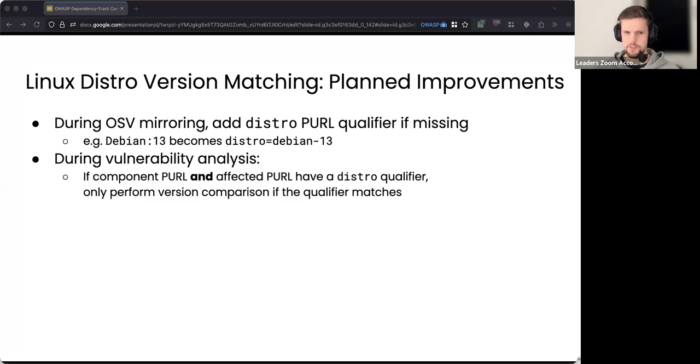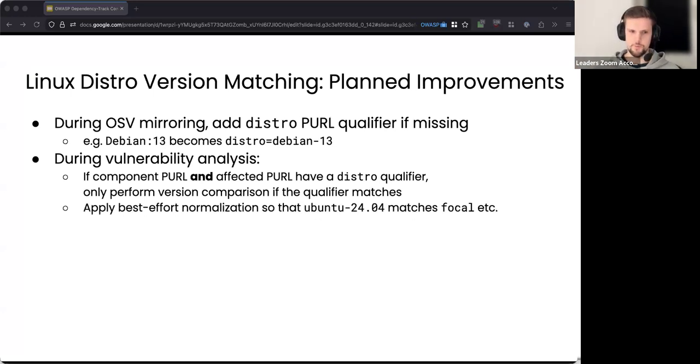And then during vulnerability analysis, if both the component that we are analyzing and the affected PURL have a distro qualifier in them, we only perform the actual version comparison if the distro qualifiers match, right? And we apply some best effort normalization so that, again, if we get Ubuntu 24.4, I think this is actually wrong.